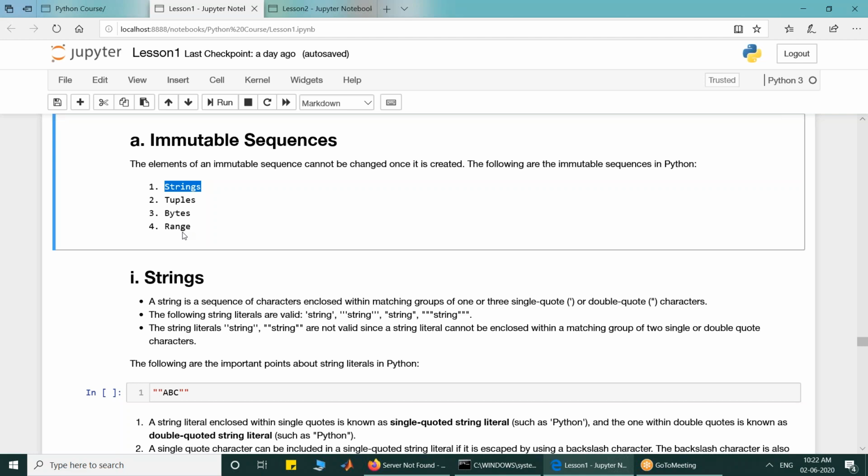The range is the data type which we commonly use. It is a sequence of numbers which we commonly use with the for loop. And we have discussed that there are 3 different formats in which you can make use of range. Range with one input, only one will be treated as stop. If you give 2 inputs to the range, it will be treated as start, stop. And 3 inputs, we discussed about those.